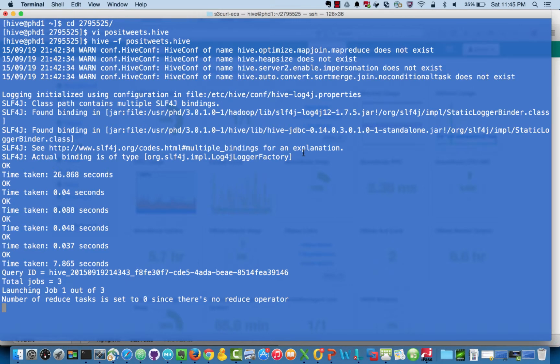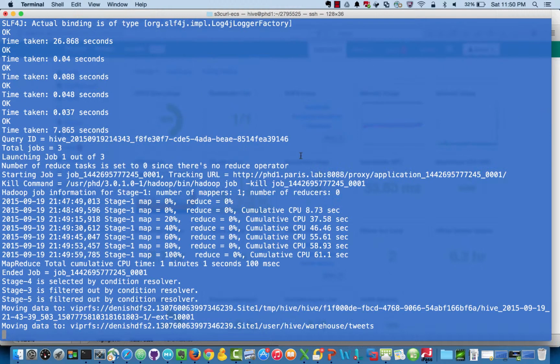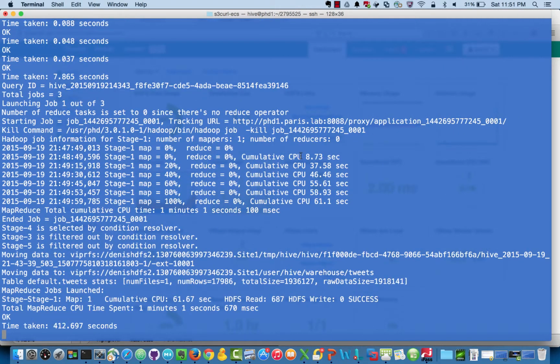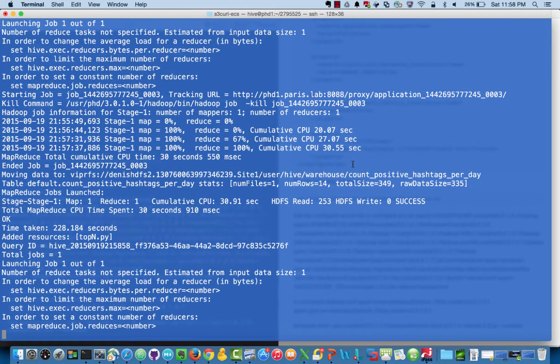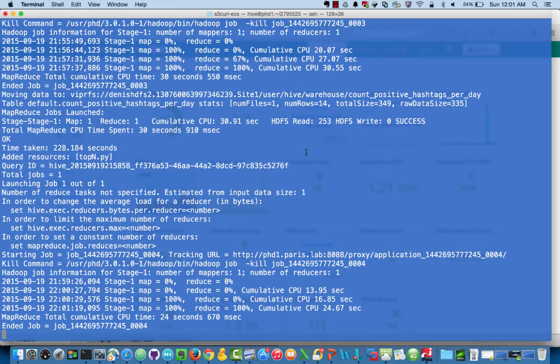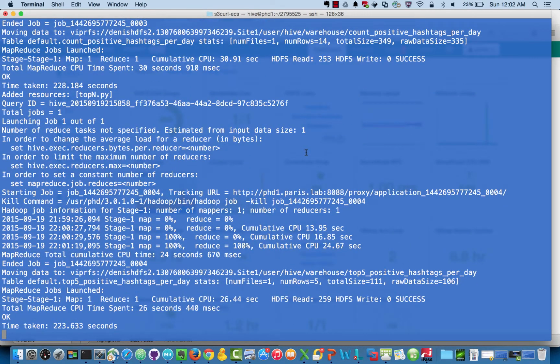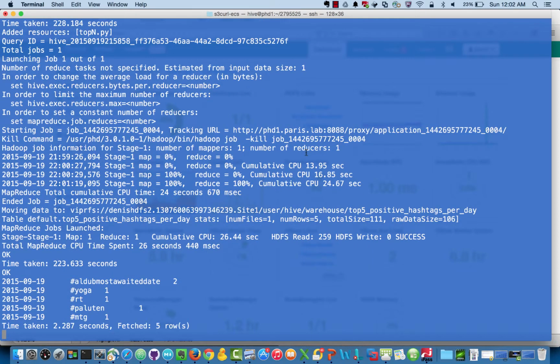It provides an SQL-like language called HiveQL with schema on read and transparently converts queries to MapReduce jobs. In this example, the script is using simple smileys to determine the sentiment associated with the tweets.